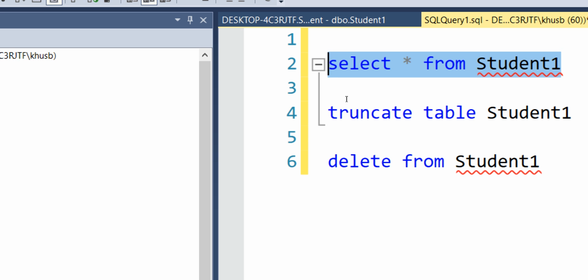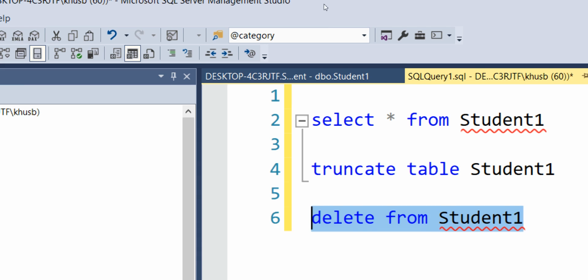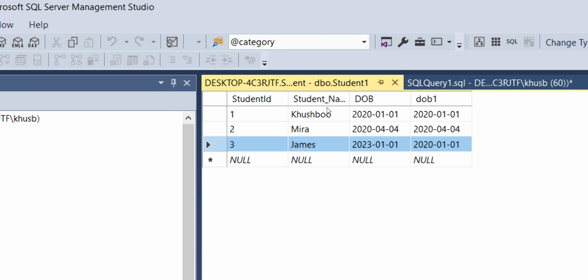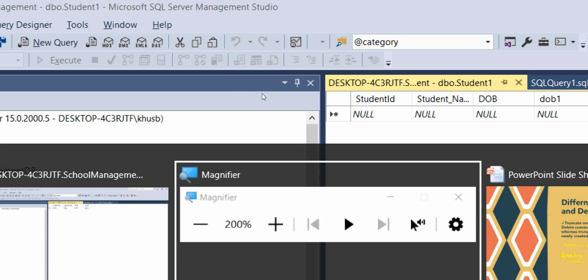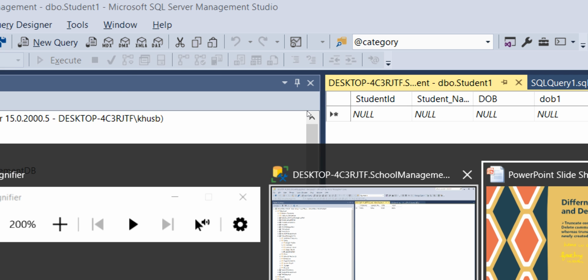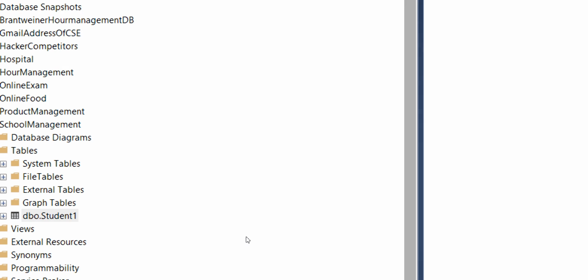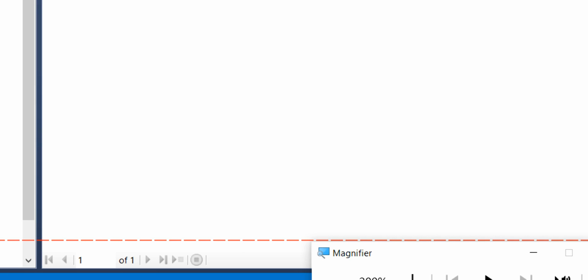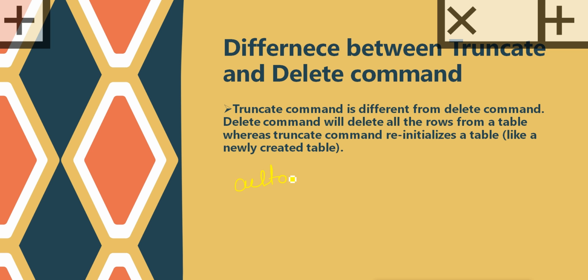Okay. Now when I use this delete command, it deletes all the records, right? And when you execute the SQL, all the data is deleted, right? And one more thing I forgot to discuss is auto increment. I need to discuss this first, then it is going to be clear. Okay, there is a concept of auto increment.